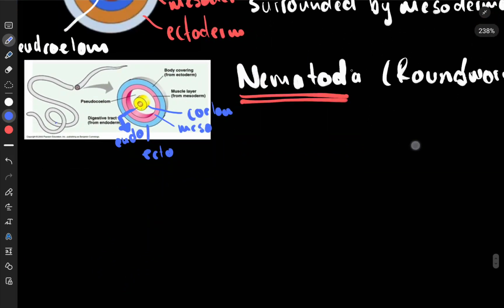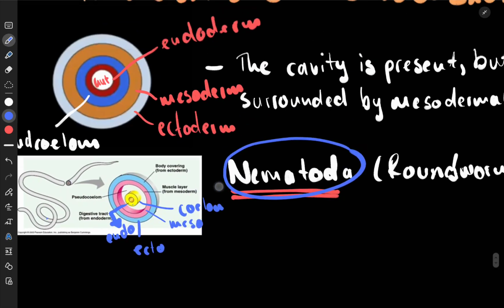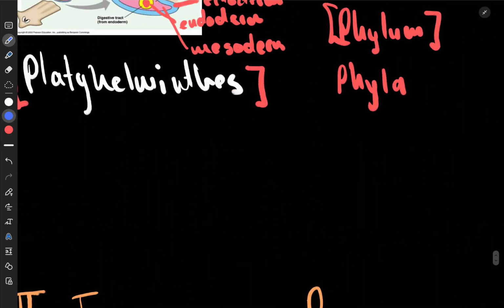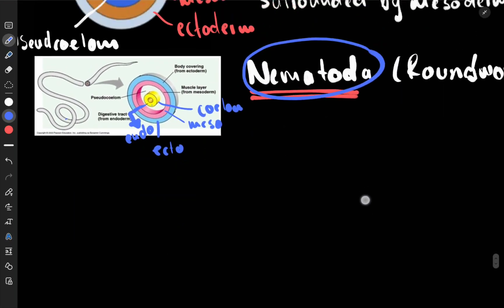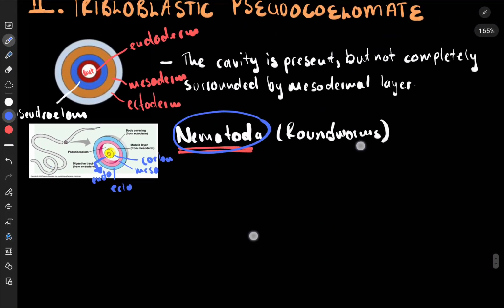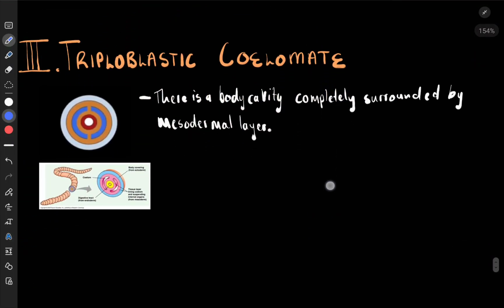So we said who is in here? Nematoda. Who is in the other one? Platyhelminthes, flatworms, right? These are the flatworms. Here we have the Nematoda, which is the roundworms. Great. So now let's see the last type, which is